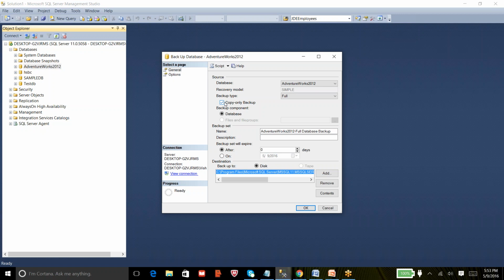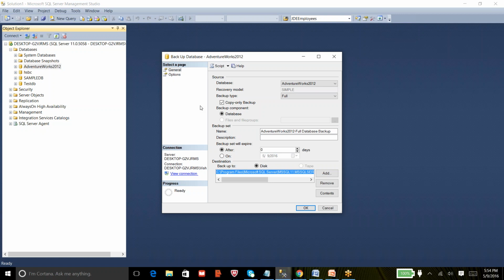So this copy only backup will be used to back up a database that is participating in log shipping technology. That is a high availability feature. We will discuss that in our next classes. The log shipping technology works based upon LSNs, the log backups.